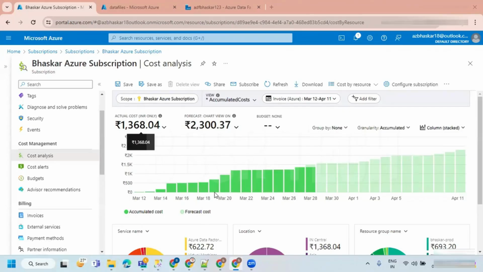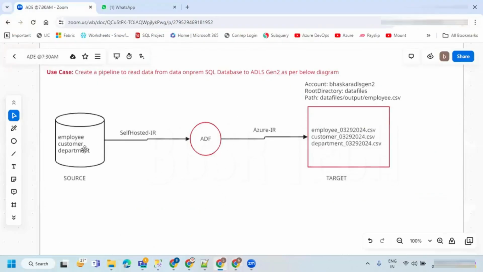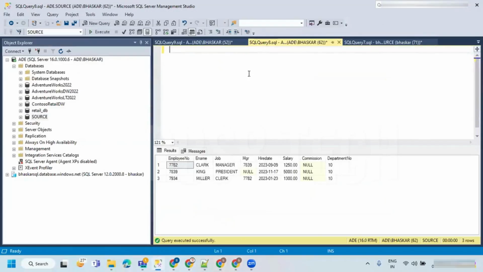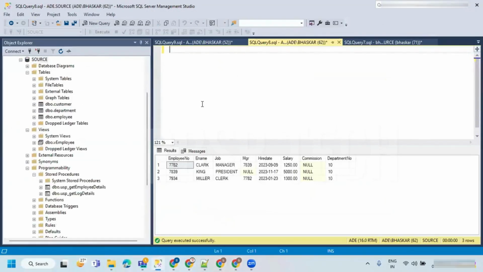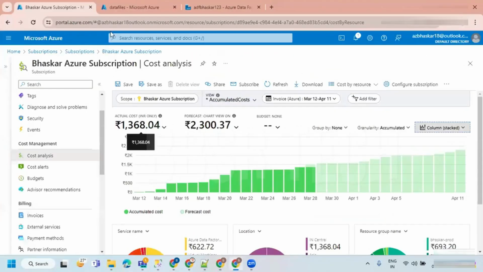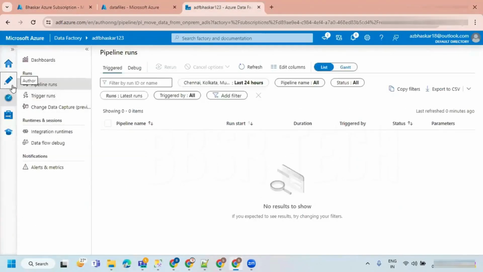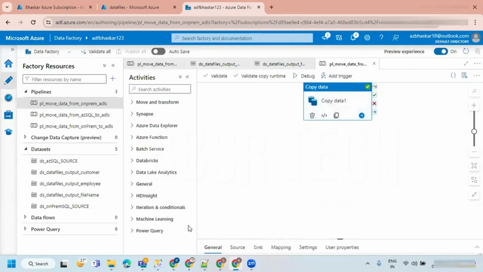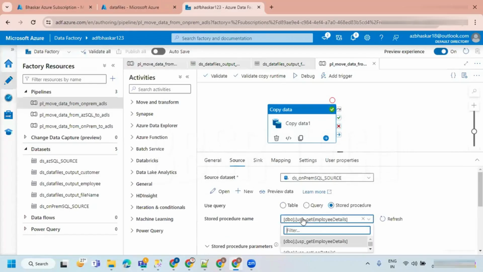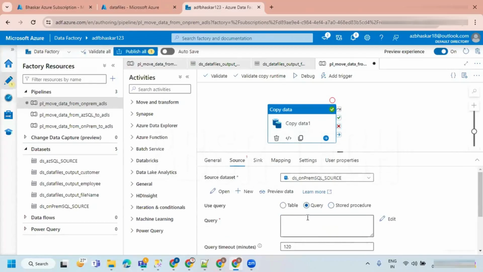Actually, here from on-prem, we are filtering something by using ADLS Gen2, right? The question is, in the SQL server, we have written this code in the procedure and joined it. Let me go to the activity. If the stored procedure has a filter, then it is going to be filtered. You can write whatever query you want to filter it.